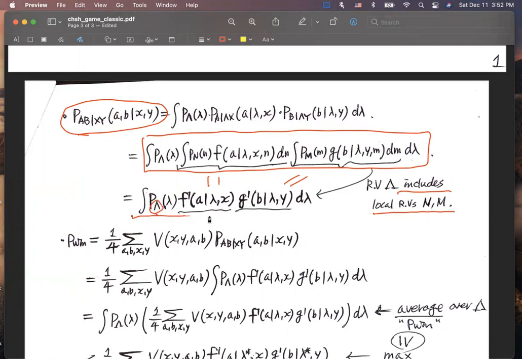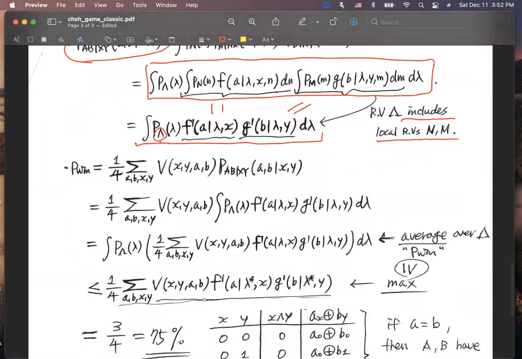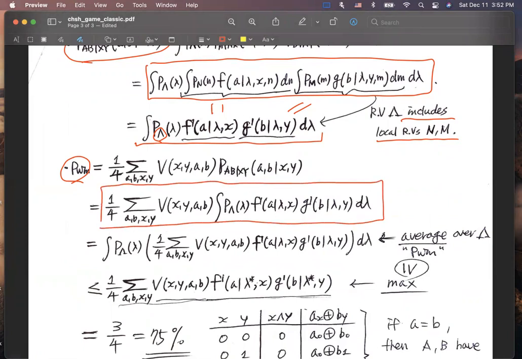So we have a simplified expression for this conditional probability. With this expression, now we can analyze the winning probability further. By the discussion so far, we have this expression. It substitutes for this conditional probability, and with some algebra we have this expression,